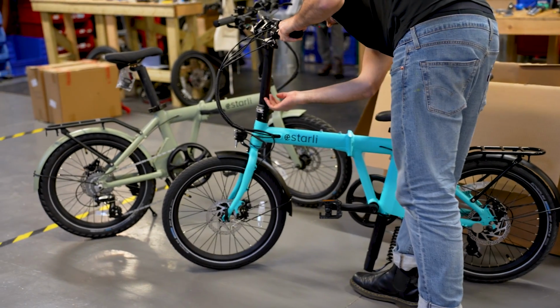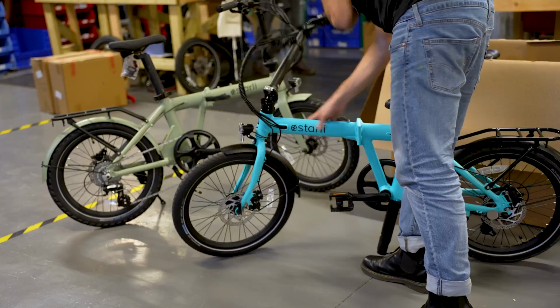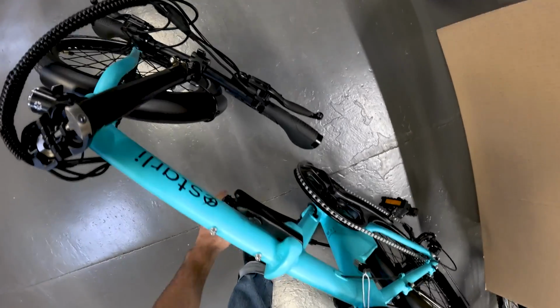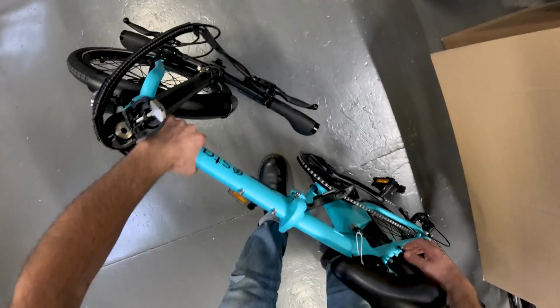You'll notice this little safety catch on the 2 folding clamps. I'm going to push that up with my thumb and pull the lever down at the same time. Fold the handlebars. The main folding hinge of the frame, I'm going to do the same thing, push that, pull the lever out,